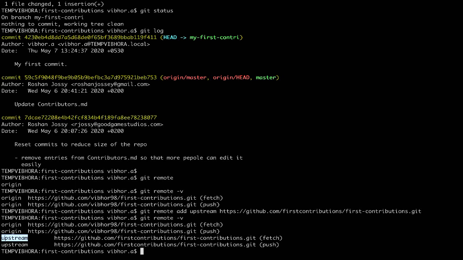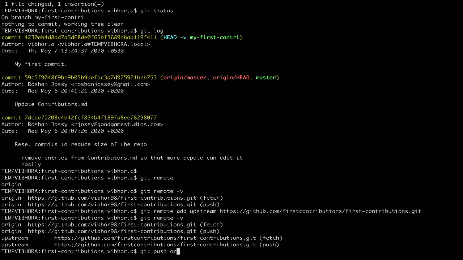Mostly from your upstream branch you will have pull access in order to make your local branch up to date with this branch, but you won't have push access, means you cannot directly push new code to it. You need to first make your pull request, and the maintainers of the project will have to review it and then merge it, right? Now we are ready to push our first commit.